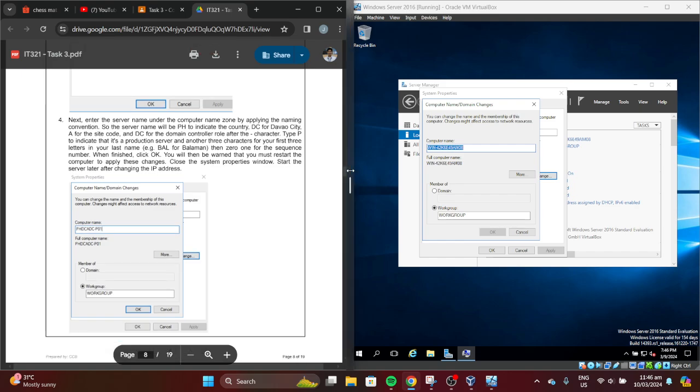Next, enter the server name under the Computer name zone by applying the naming convention.